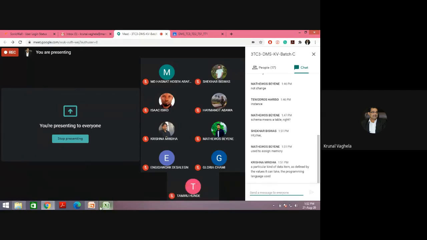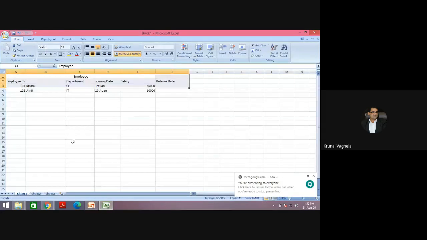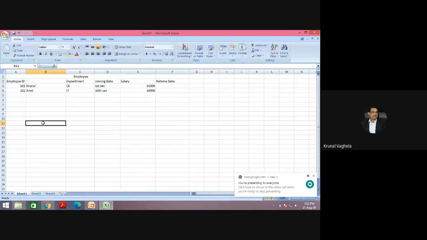Here in SQL also, whenever you are creating a table, you need to tell the database which kind of data you are going to store. In Excel, you are not doing all this. But when you are creating a table, you need to tell which kind of data you will store in employee ID, in name, and in department.